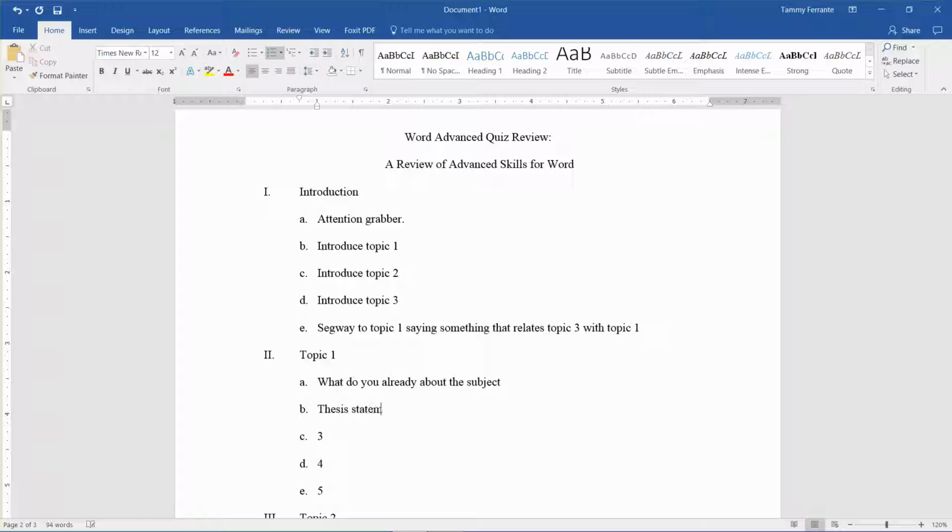Now a thesis statement is actually very, very easy. It's going to be your subject, or your topic, and the why. Why is it important? Why are you talking about it? What makes it different, something like that. For example, if your topic was distracted driving,